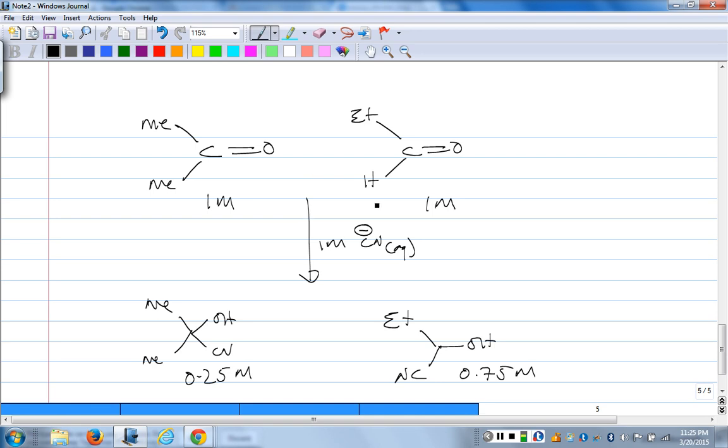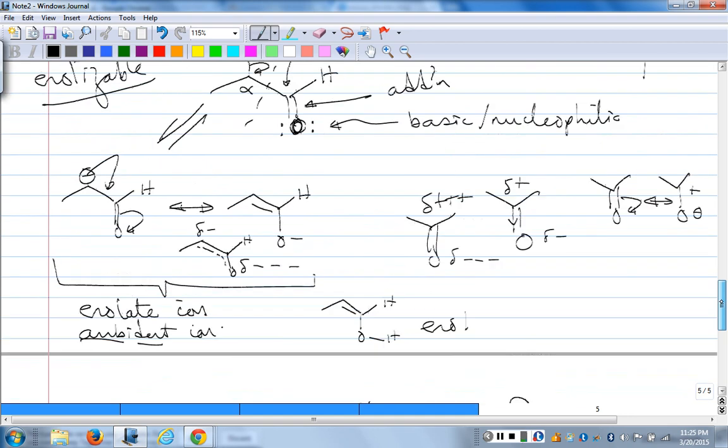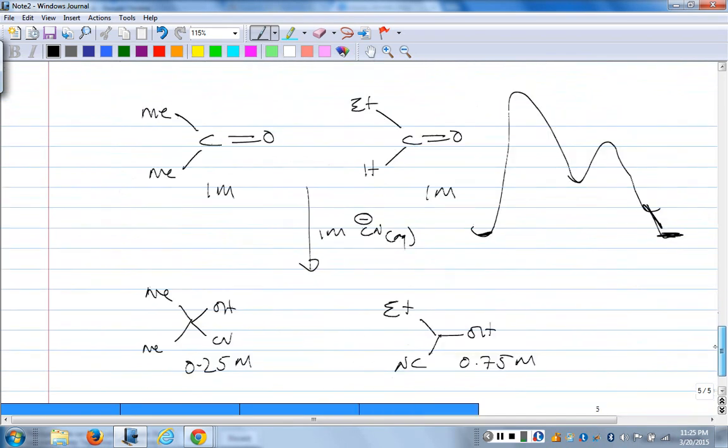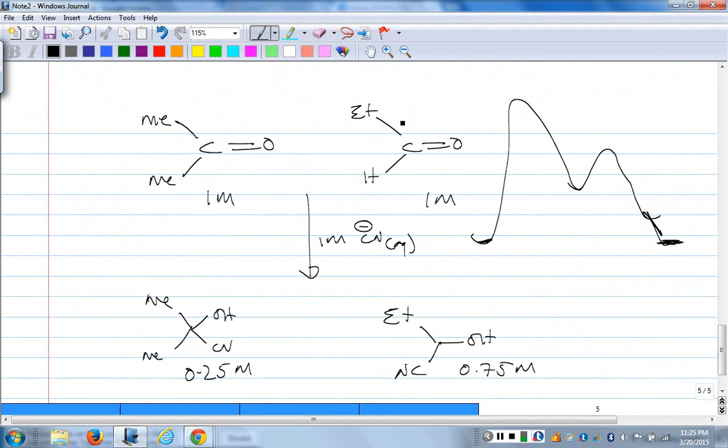And they're in the same solution, exposed to the same conditions. And yet the aldehyde forms more product. It reacts more rapidly. Right? Essentially, this is the hill that the aldehyde climbs. This is the hill that the ketone climbs. So I get more of the aldehydic product than I get of the ketonic product. So why is that? Well, it makes perfect sense, because remember we were saying that what attracts the cyanide to the carbonyl to begin with is the fact that the carbon of the carbonyl is quite positive. And obviously, the more positive it is, the more attraction there is, and in other words, the faster the reaction. I look at the aldehyde, I've got a single alkyl group, and alkyl groups are electron releasing, dumping electrons